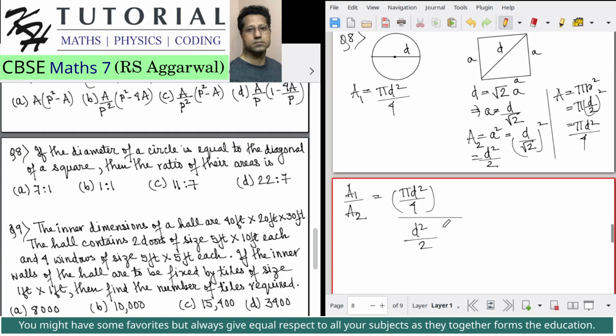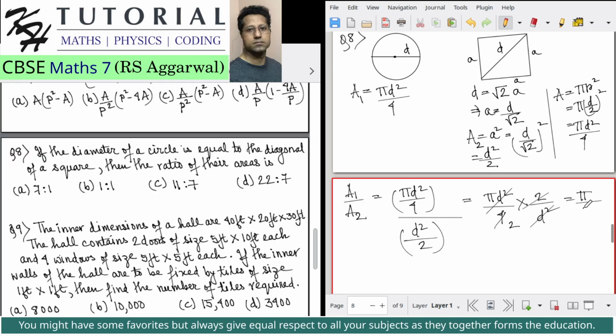If I simplify this, it becomes pi d square by 4 multiplied by 2 by d square. D square cancels out and we have 2. So this is equal to pi